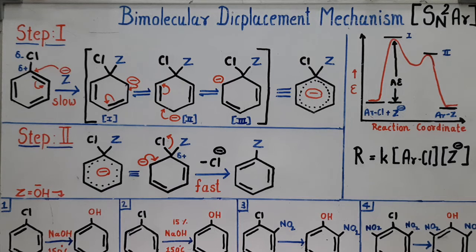So now if we look at these two steps, step 1 is said to be the slower step or the rate determining step. So why is it a slow step? Here we can see we are trying to add a nucleophile to a stable molecule by breaking its aromaticity, which requires more energy and effort, so it is a slow step.